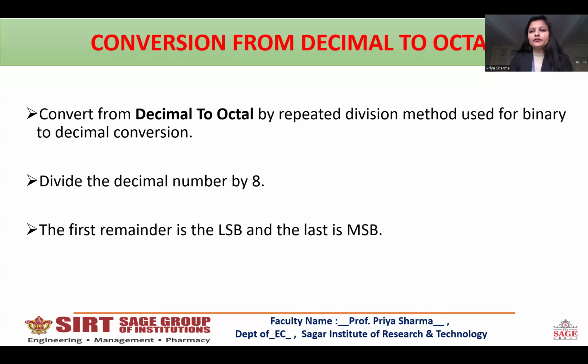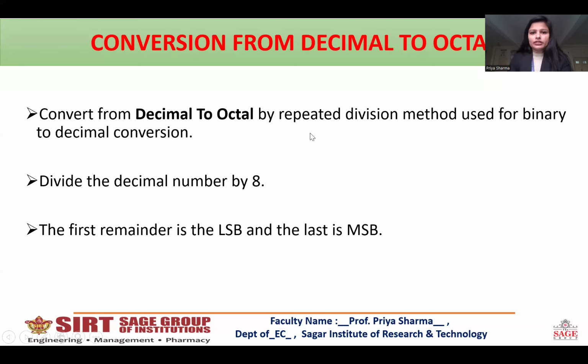Next is converting decimal to octal. In the same way as we divided the decimal number by 2 for converting it into binary, in the octal number system we are going to divide the decimal number by 8. The procedure is the same for the integer part and the fractional part. The only difference is that here we divide and multiply by 8.